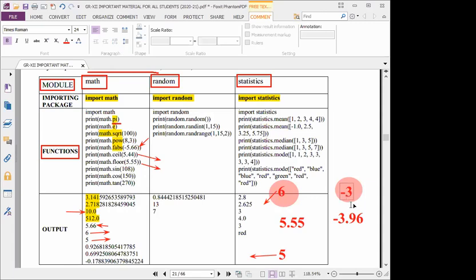Students, kindly understand the concept. Then what is in the place of my 5 here? That is the lowest value of minus 3.96. Minus 4. Very good. Because minus 3.96 is in between minus 3 and minus 4. So you have to write that the highest value is minus 3. Compared to minus 4, minus 3 is the greatest value. So minus 3 you have to give for ceil, and the floor is minus 4. Everyone understood?